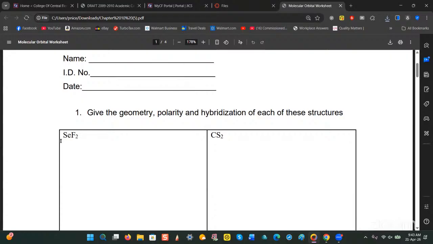So I think the simplest one, or the first one we started off with, was a linear shape where you have a central atom bonded to 2 other atoms. Then basically the shape will be linear because the bonds connecting to the 2 other atoms will repel each other, so that those bonds will be as far from each other as possible. And therefore, as a result,